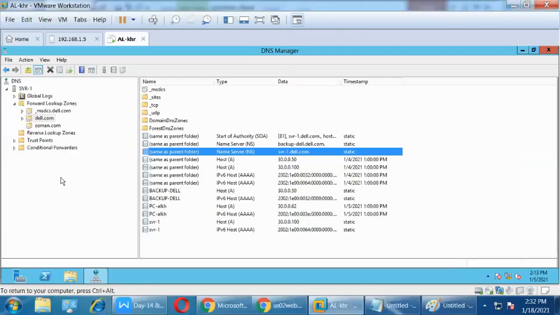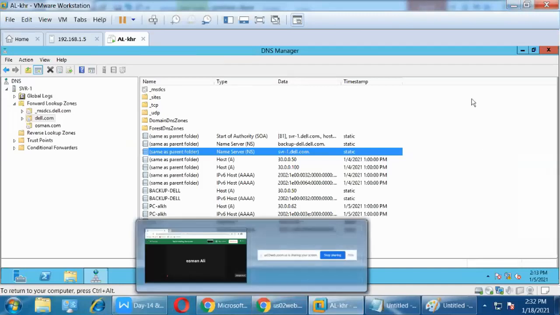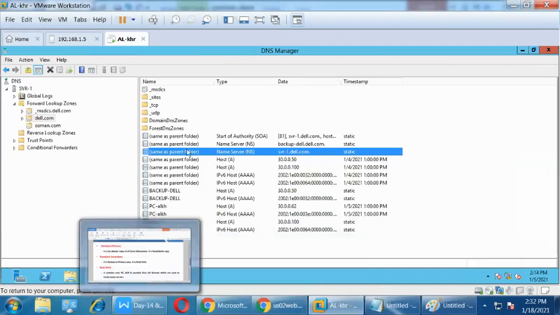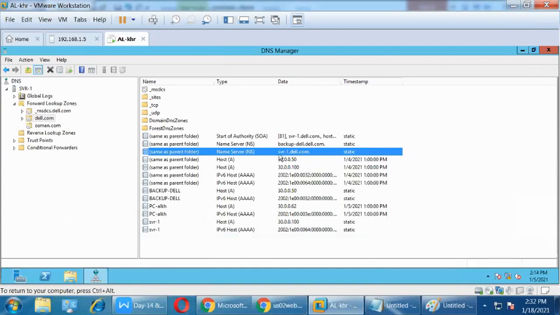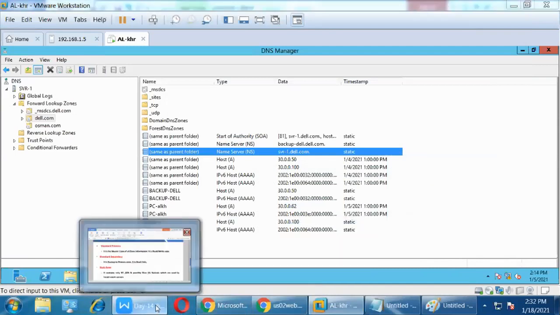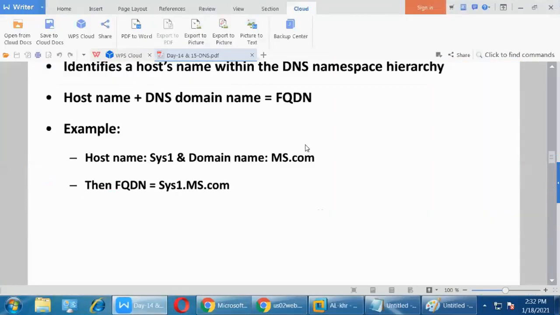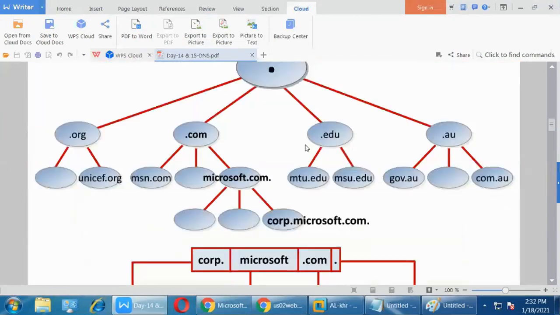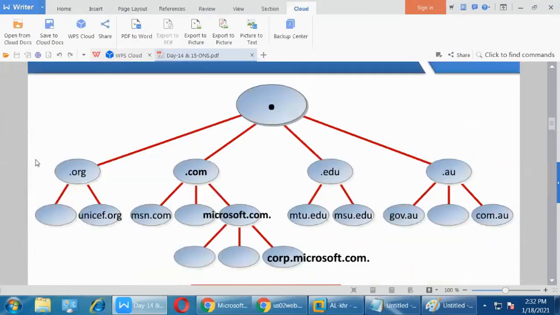Yes, sir. Clear up to this point. Because the query does not go like that. The query goes like this: first the local domain DNS, and then the top level domain, and then, as we discussed in the previous class, the query goes to the first dot, after that the top level domain, after that the sub level domain.